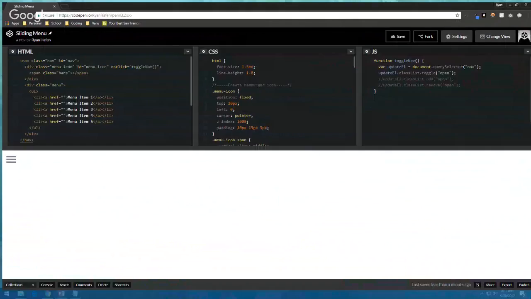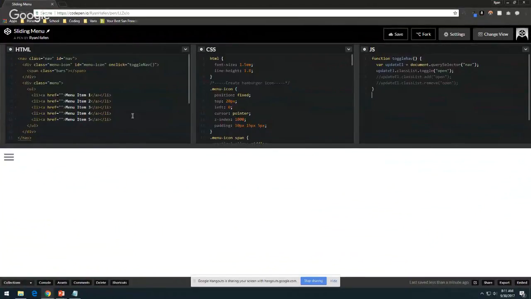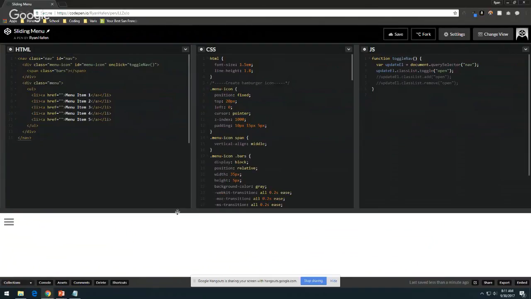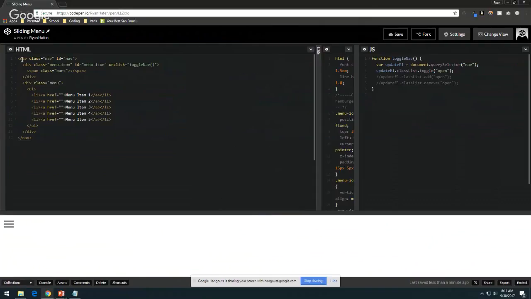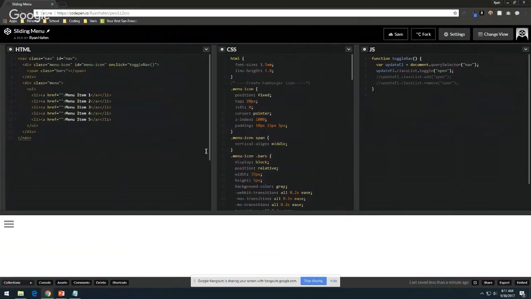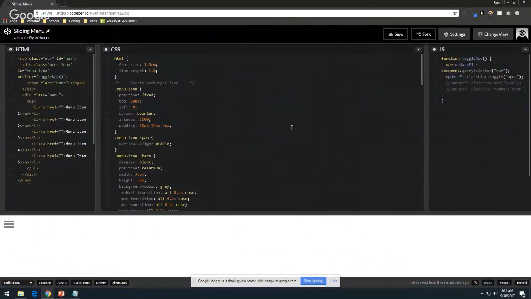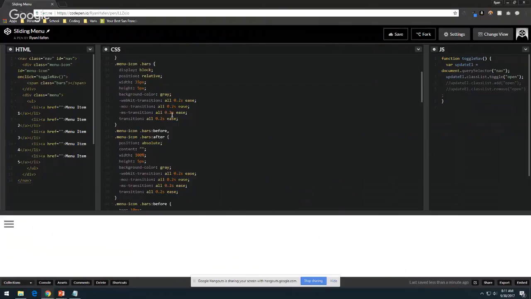So I do have an example here. This is a pop-out menu, a sliding menu that I had created for one of my other classes that uses this functionality. So I just want to look at the HTML here. It's pretty simple. We just have a navigation, a couple layers to get the icon where we want, and then just some different links inside the menu. Now the CSS, right here, we're just creating the icon,